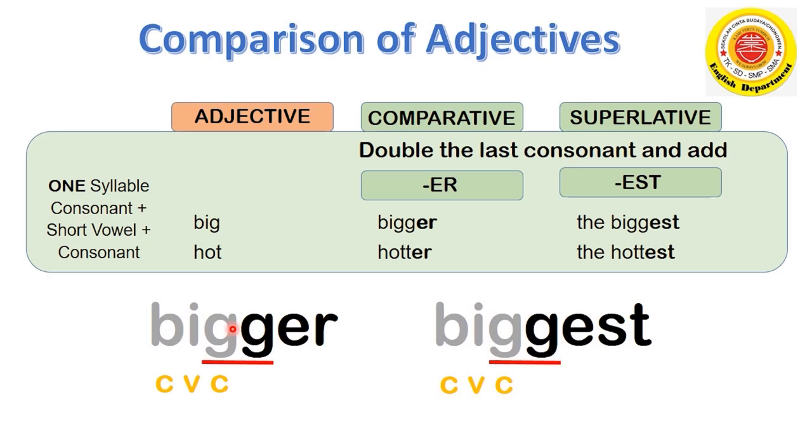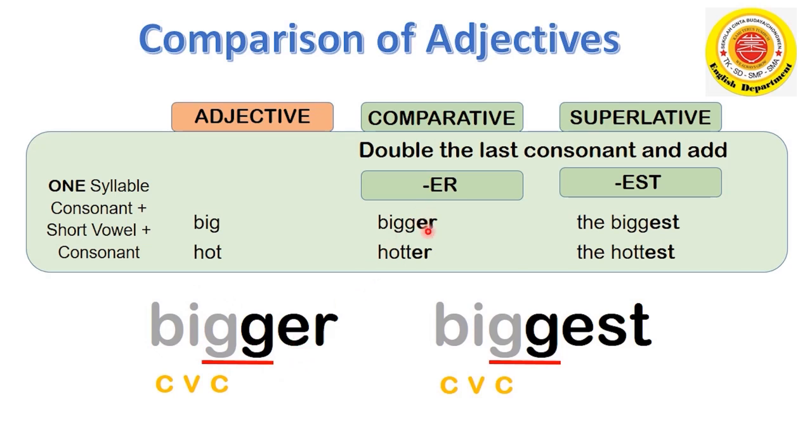When an adjective has one syllable and ends in a consonant, a short vowel, and a consonant, such as big and hot, we double the last consonant. Kita doublekan huruf terakhirnya. Kalau ketemu satu suku kata dengan pola consonant, vowel, consonant, kita cukup mendoublekan huruf terakhirnya, kemudian kita tambahkan ER